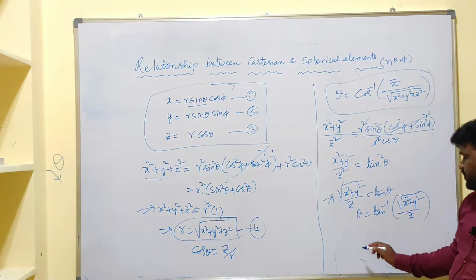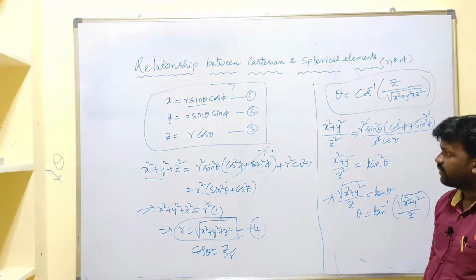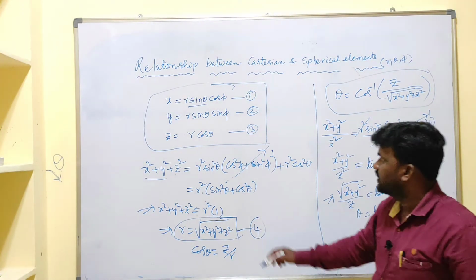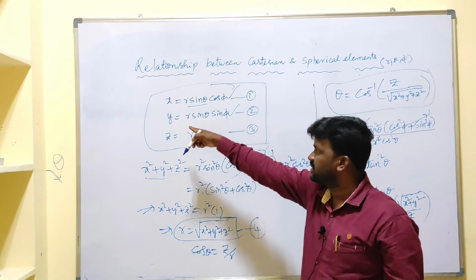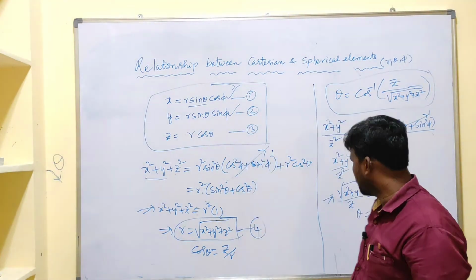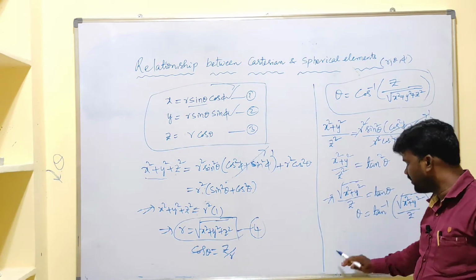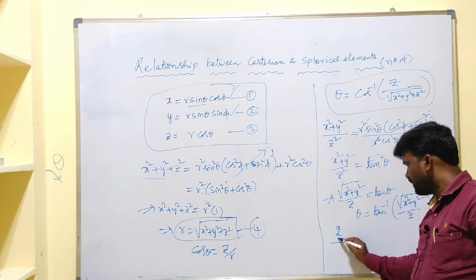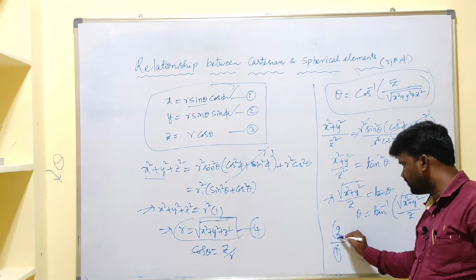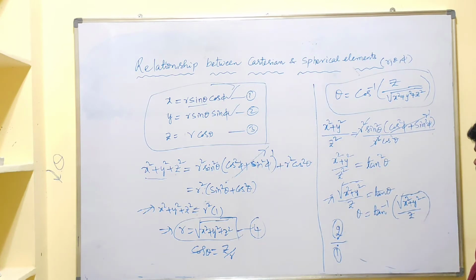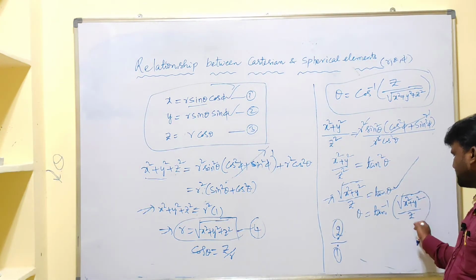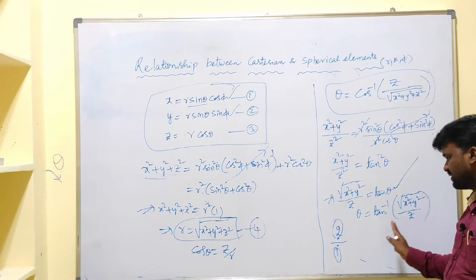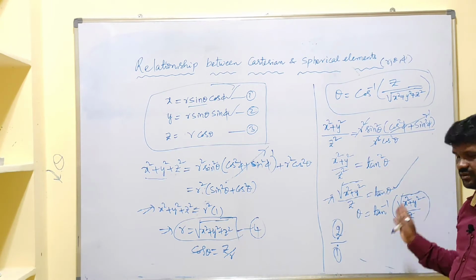Now what about pi? Here you have pi, here also pi, means by using equation 1 and 2, using that y and x, we will get it. Here I am taking equation 2 divided by equation 1. Of course, in the previous lecture we can find up to this part. In the flow I wrote this theta as the tan inverse of y by x, but it is not correct. So that's why I am making this video.